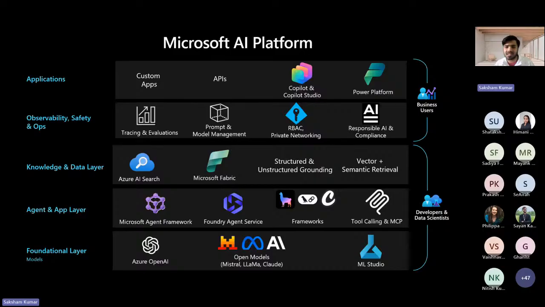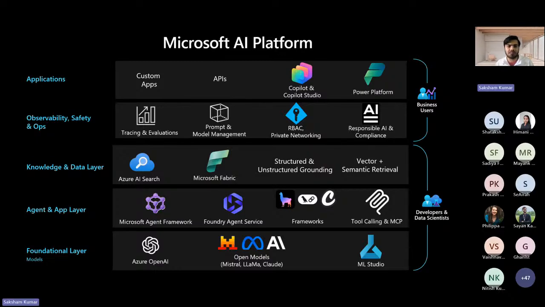And for applications, if you are not concerned about any of these, you can just use the Power Platform. It helps you develop a Copilot not by coding, just by prompts. You give it, and it will make it for you. Copilot Studio does the same. You don't need to code a single line. It will do it for you. Or you can use pre-made APIs or custom applications which are already available.